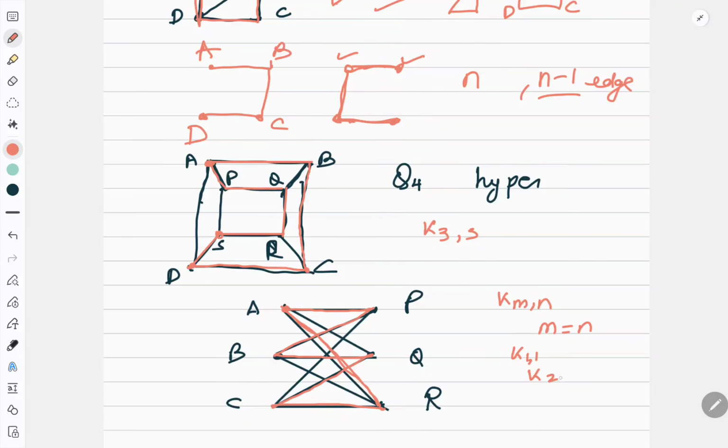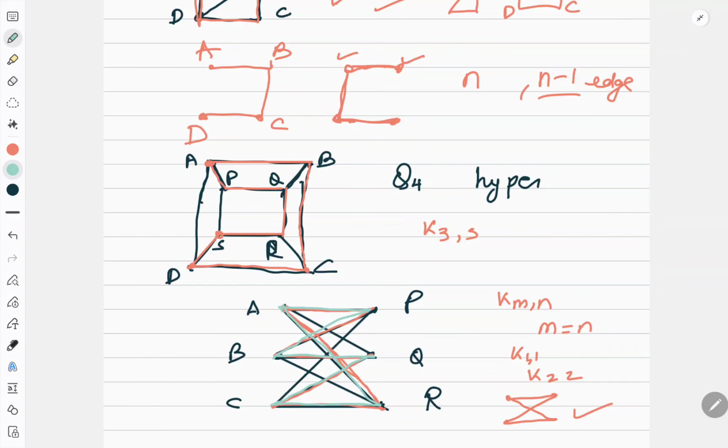But if you take K22, like two vertices here, two vertices here, you can easily go from one vertex here, then here, and then here and then here. So this will become your Hamiltonian cycle. Same way for K33, I showed you that I went from A to P, P to B, like alternate way you should move, and then you should reach back to the first. So Hamiltonian cycle you have, but it will not have the Euler's.